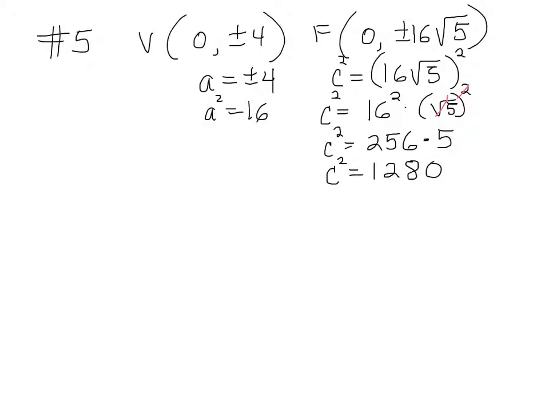1,280. So that is the C square. And when you want to find B, with the Pythagorean relationship, we have C square equals A square plus B square. C square is 1280. A square is 16. When you subtract 16,